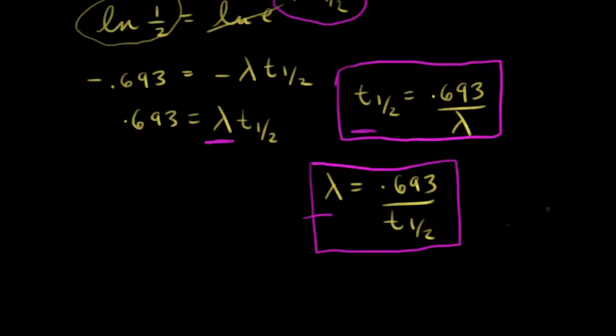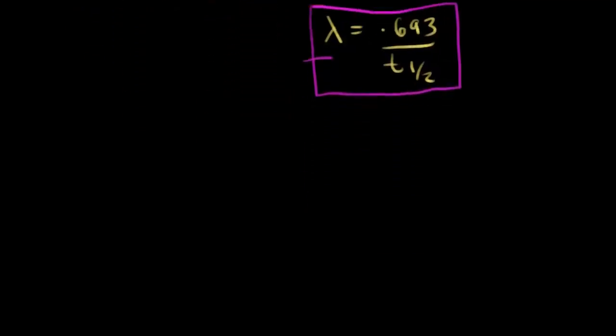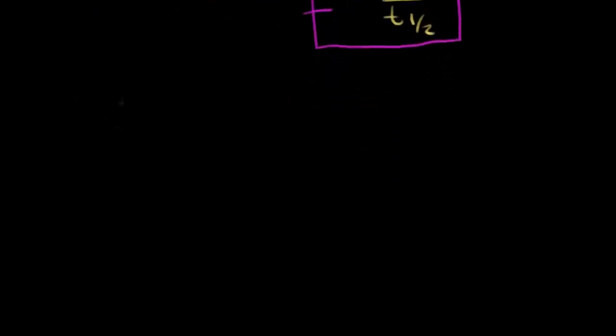Let's talk about semilog plots next, which is another way of looking at the data. And so let's get some room here. I'm going to rewrite our equation, right? So the number of radioactive nuclei is equal to the initial number times e to the negative lambda t. All right, so let's convert this into